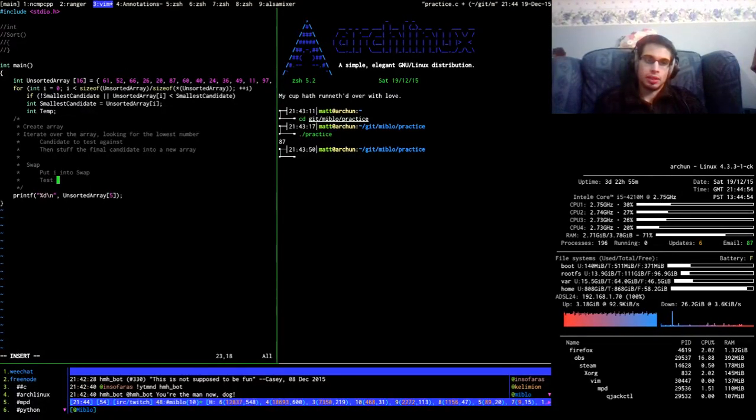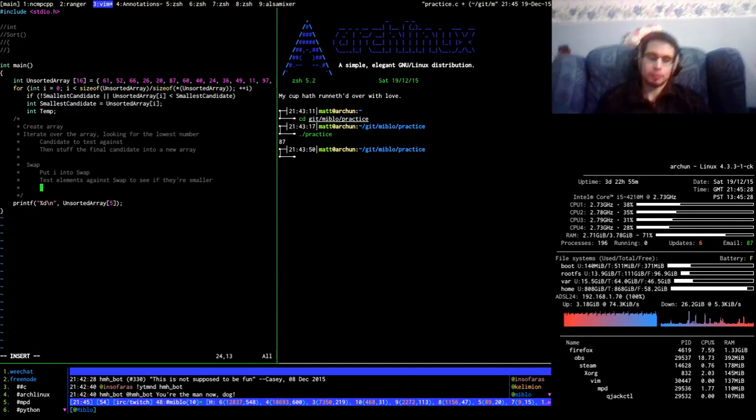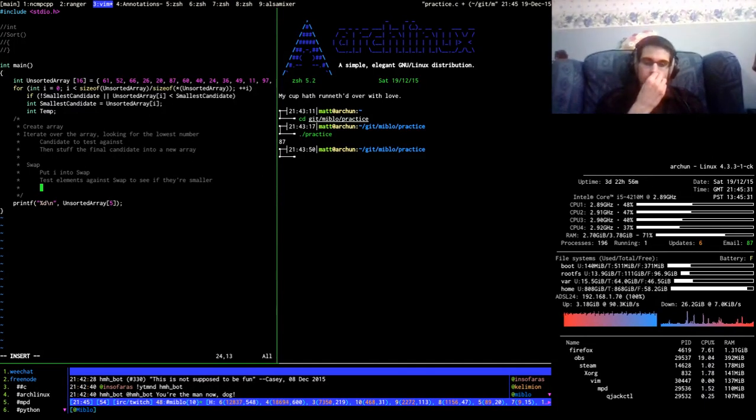And then we're going to test all of the elements against swap to see if they're smaller. Test each element in turn. See if they're smaller. If they are smaller,